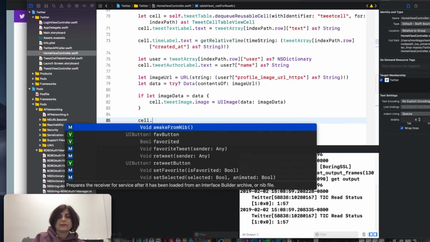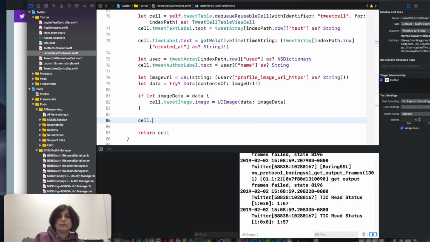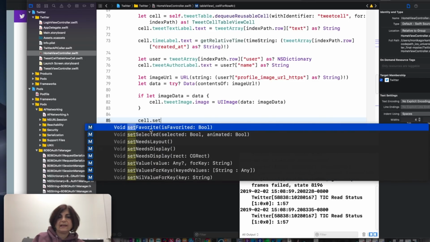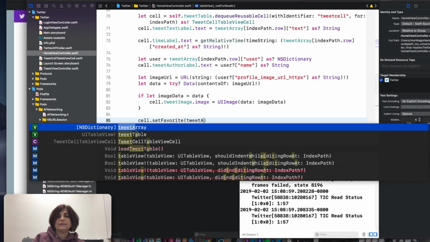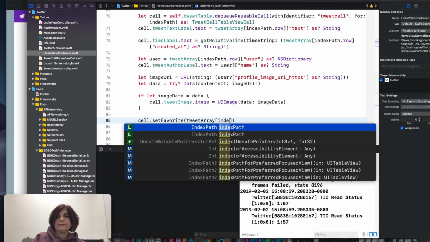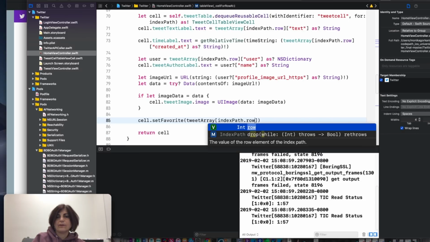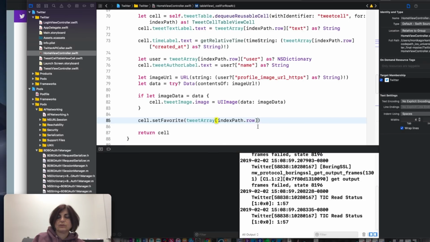So we want to do set favorite, and what we're passing in would be this tweet array index path row. So that's the particular tweet data, but as part of it, we will be doing the favorited,